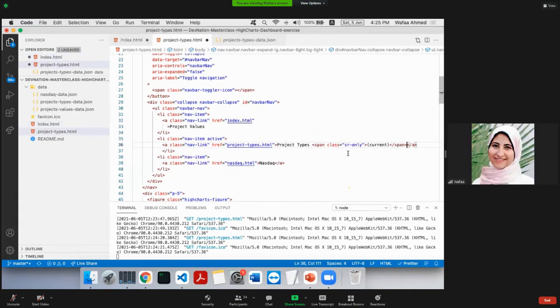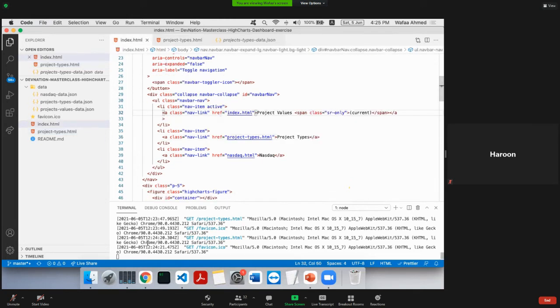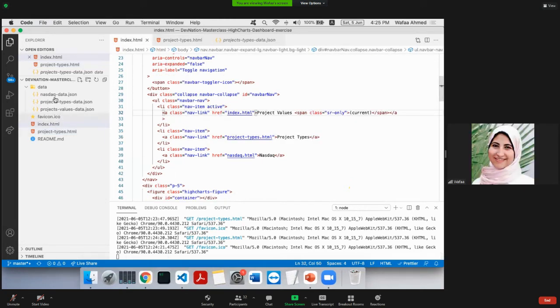It's inside the anchor tag. That's why it's messed up. Okay, yes, okay too. All right. So